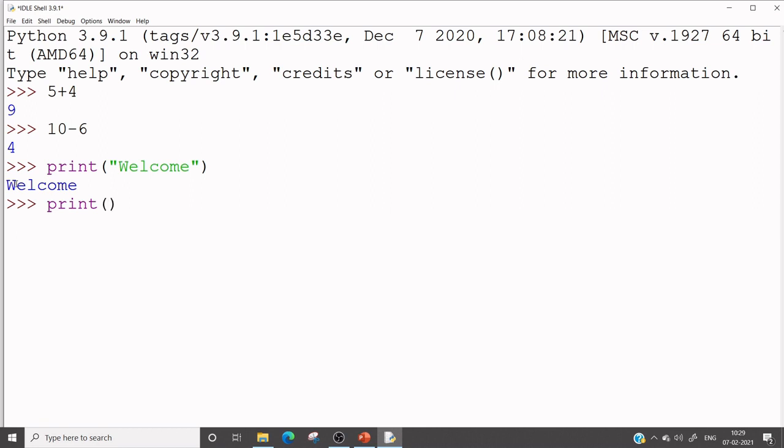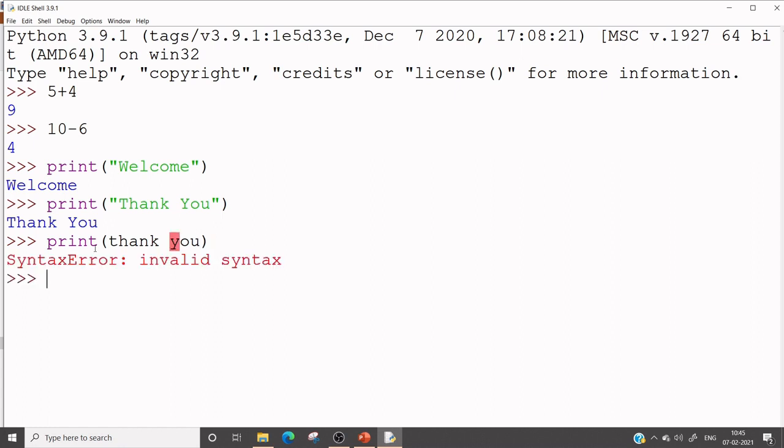You could use the single quotes also to display a message. Give enter. It displays the text thank you. I write a text without using any quotes. Give enter. It displays the error message because I don't give this text inside any quotes. So it gives the error. Okay, well, now we know how to execute a single line of code using the Python shell.